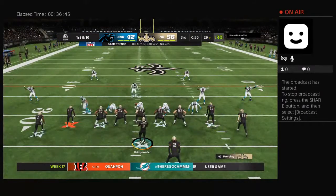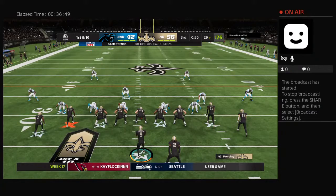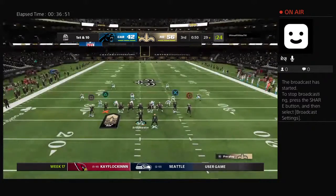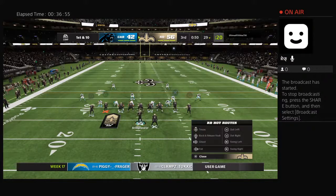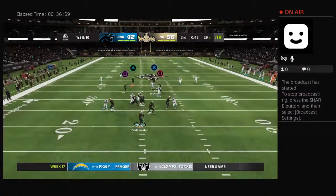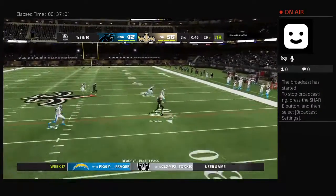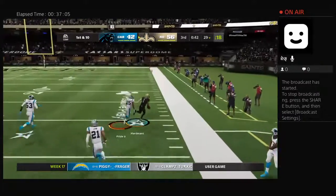The Saints offense on the field ready to get their drive started. And they've got the lead here getting late into the third quarter. And the passing game for them, it's been terrific. We've seen that, but the rushing game almost non-existent. And with the lead and trying to finish this game off, they need the running game to come back to life. They need to get sparked that way, take some time off the clock, and keep the ball away from